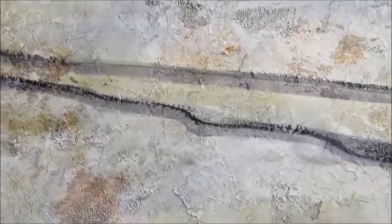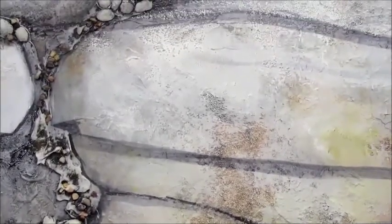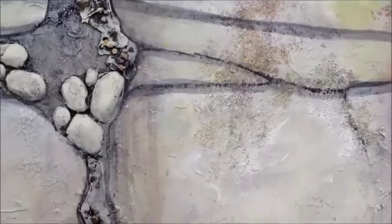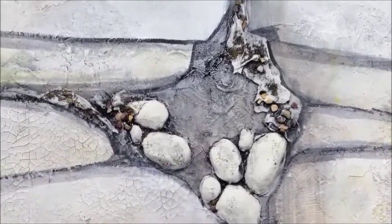So now I have a thin glaze under each line, which again will represent shadow. I also applied it under that top stone, on the side of the stone, and under each line, because those lines represent the bottom of the stone or the boulder, the large pieces that sit on top of the one under it. In the areas where I applied the texture, I'm going to put a few additional layers of this glaze,